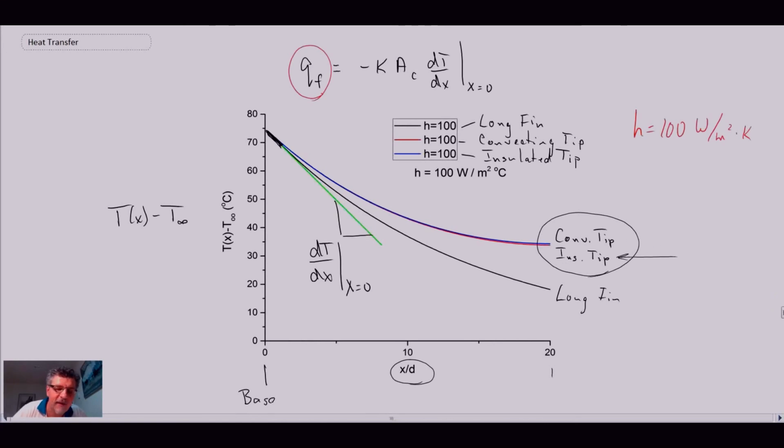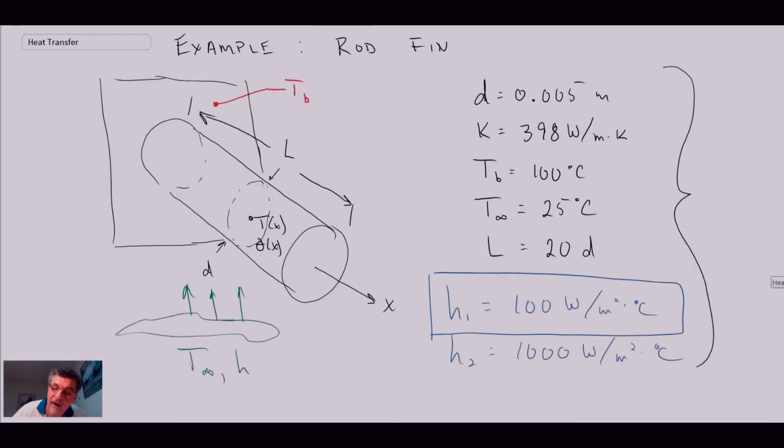And we're going to take advantage of that in the next lecture. We come up with a shortcut correction technique that enables us to use the solution for the insulated tip, which was very simple, by just correcting the length of the fin itself. That is a bit of a correction that we'll apply, and it's a shortcut for doing fin calculations. But anyways, that gives you an idea as to what these solutions look like for the case of a